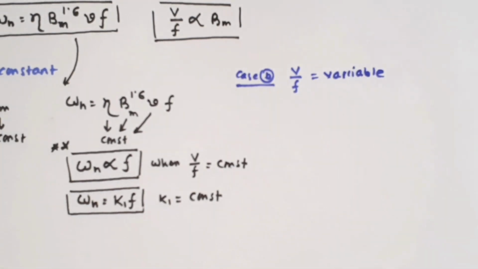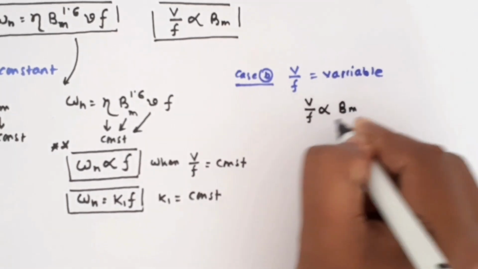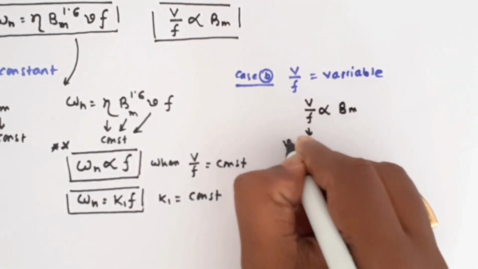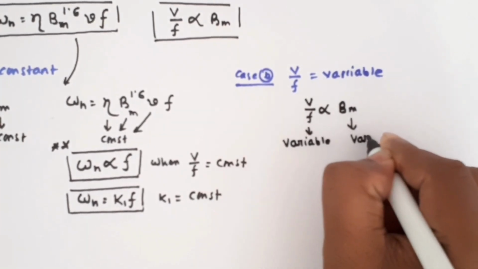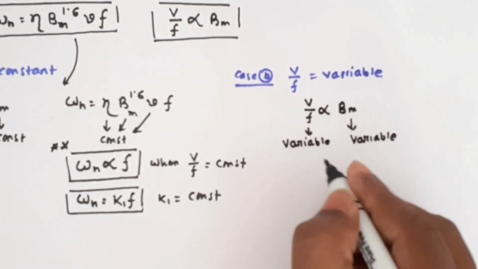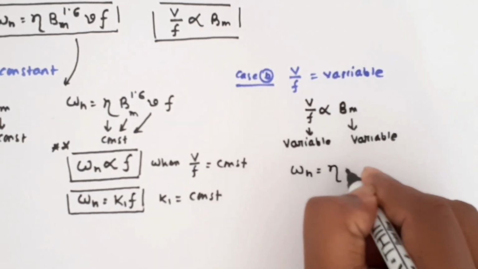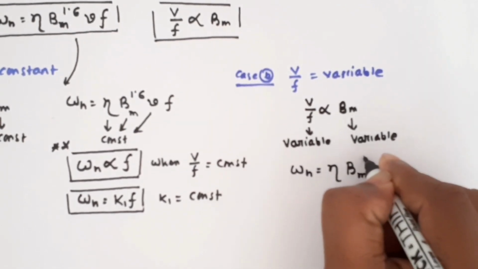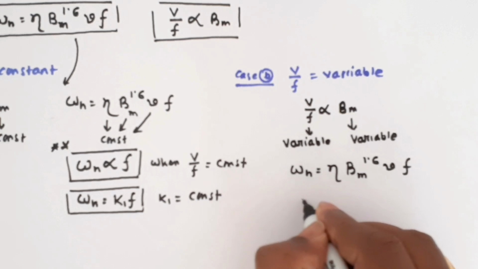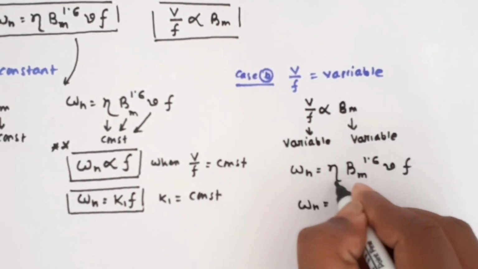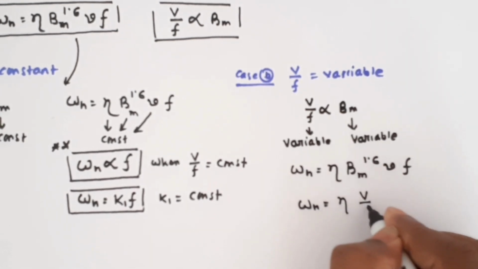When V by F is variable, then voltage by frequency, which is proportional to Bm, is also variable. Now, the hysteresis loss W of H equals some constant eta times Bm to the power 1.6 times the volume of core times frequency. In place of Bm I can write V by F,